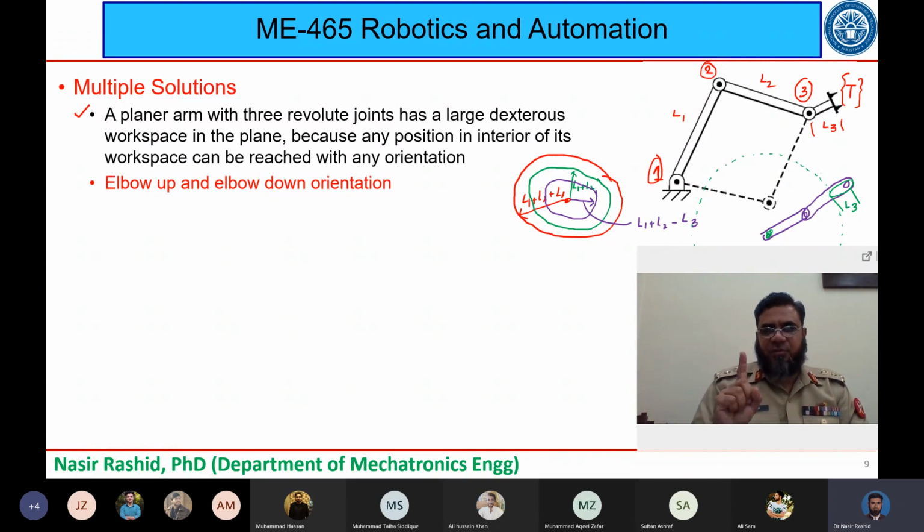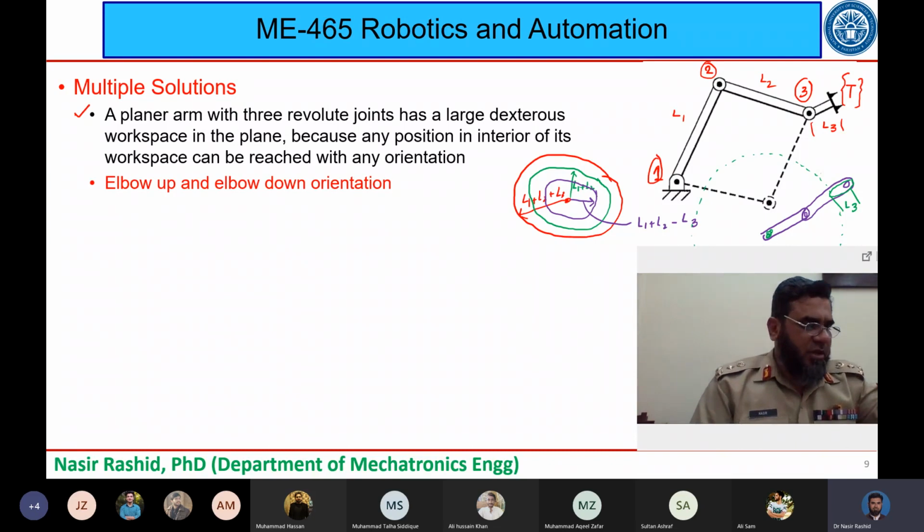उसके ऊपर ये सिर्फ एक ओरिएंटेशन में जा सकता है। उससे लेके जो मैजेंटा कलर का सर्कल है वहां तक ये मोर देन वन कॉन्फ़िगरेशन में जा सकता है और इनसाइड द मैजेंटा इट कैन गो इन ऑल कॉन्फ़िगरेशंस। ठीक है। सो ये हमें यहाँ पे इसकी प्लेनर आर्म की नजर आ गई। ओके, बहुत ठीक हो गया। नाउ लेट्स सी व्हाट इज दिस। दिस इज एल्बो अप एंड डाउन पोजीशन।